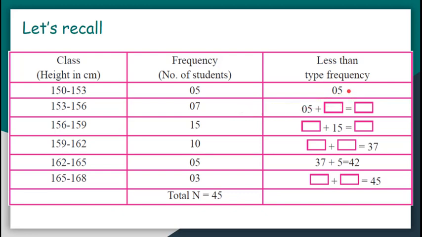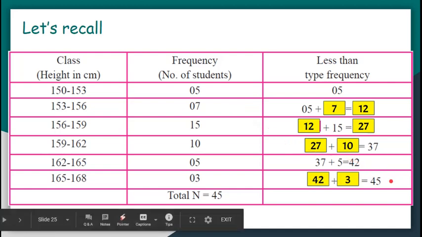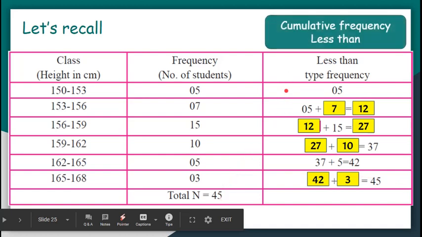जैसे 5 आया, फिर 5 में और 7 add करेंगे 12. And then you will keep on doing this for all the other steps. So make sure you draw this table and you fill up these columns. Yes, the value that you get for each column is this. What you need to see is ये जो last number आएगा 45 should be equal to the 45 written over here. ये जो कॉलम हमने यहाँ पे बनाया, this is called cumulative frequency less than type.